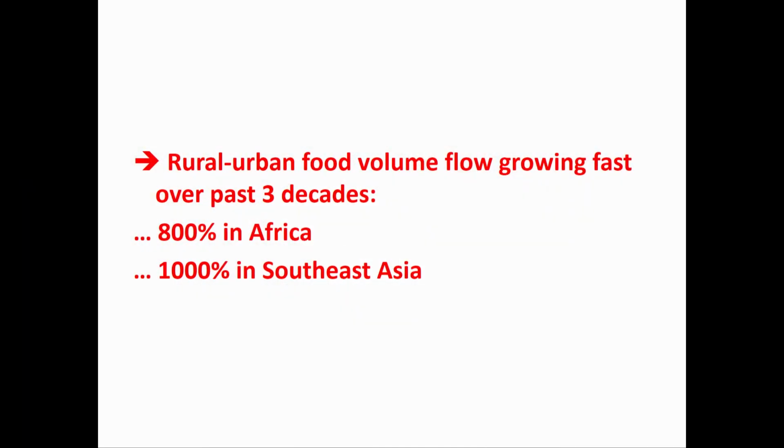If you look at just over a couple decades, there's been an 800% increase in volumes of food going along rural-urban supply chains. That is disruptive. And often, Africa is painted as a sleepy, stagnant, traditional food system, when in fact, if you think of that, it's a rapidly growing business of food. And in Southeast Asia, the figure is 1,000%. So urbanization downstream is a massive force that's inducing this overall change.